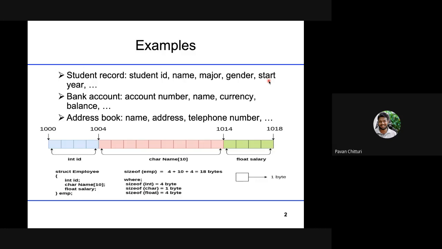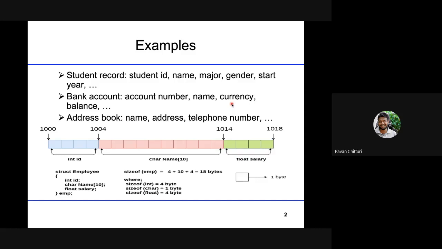So in this example, if you see, the bank account will have a bank account number, who the holder is, the bank account holder name, and what currency they are dealing in. Suppose I have a demat account, and I have an account in the USA also. So in the USA my currency will be in dollars. The same account, if you have an international account, an SBI account or any bank account, you can have the balance in both currencies, Indian currency and whatever nation you applied for. Or if you want an international account, everything will be maintained in dollars, which currency it has to be, what the bank balance is, such kinds of fields were there.